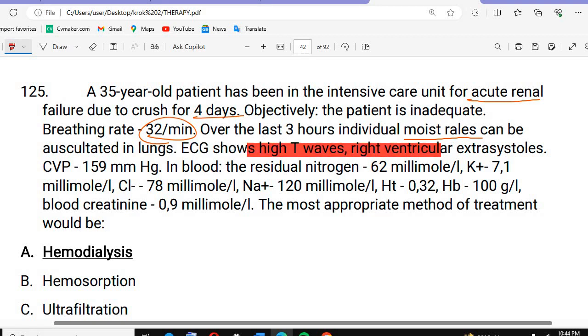ECG shows high T waves, ventricular extrasystoles, CVP 159, residual nitrogen 72, potassium 7.1, chloride 78, sodium low, high hemoglobin, blood creatinine 0.9 millimole per liter. The most appropriate method of treatment would be